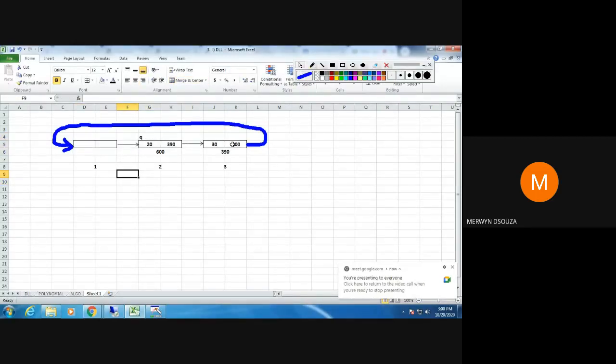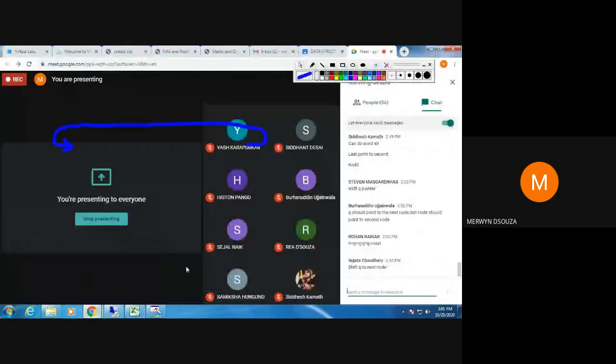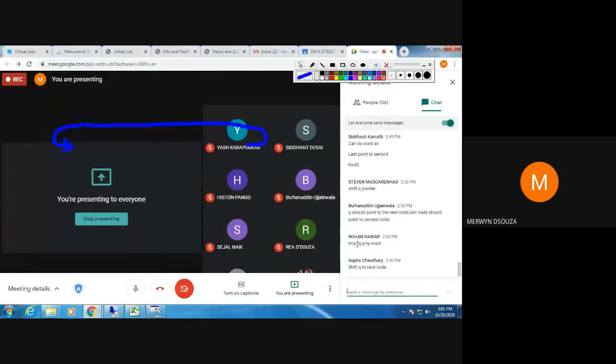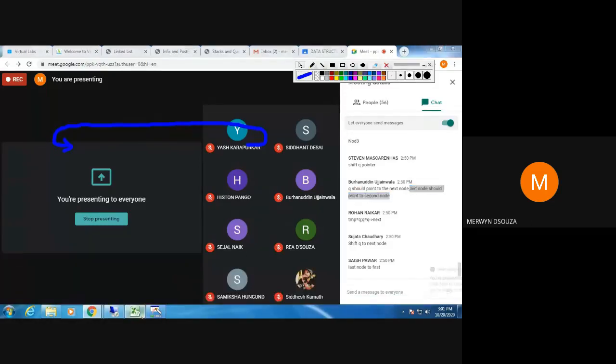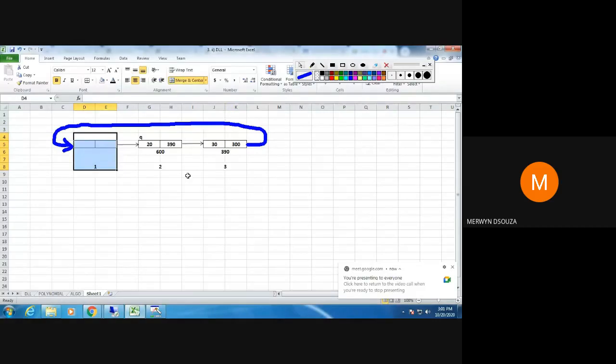Where should the next part of the last node be pointing? Correct. Burhanuddin has answered. The last node should point to the second node. So if I delete this first node, this part here of the last node should now contain the address of the second node. So here I should get 600.